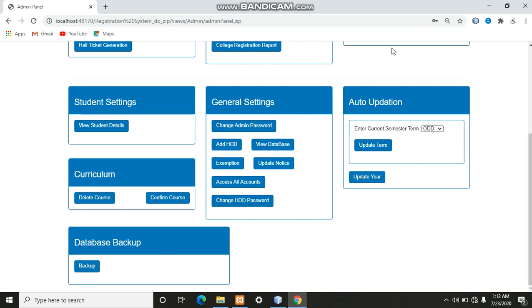In the auto updation field, admin can update the term and year of the student. Two options are provided here, odd term and even term, as every engineering college has 2 terms, that is summer and winter. That means odd term and even term. By clicking update term, all the students who are currently in the even term will be updated to odd term,